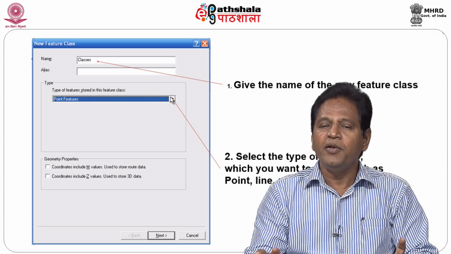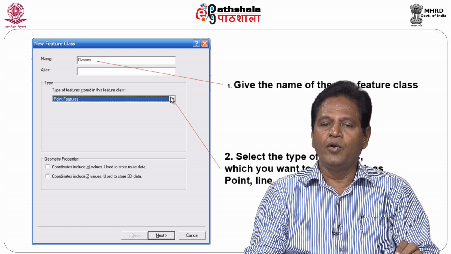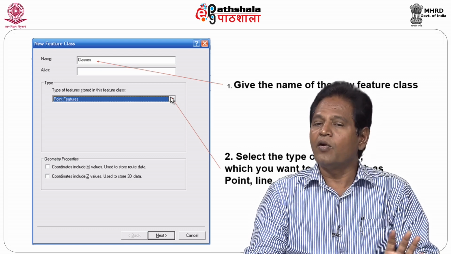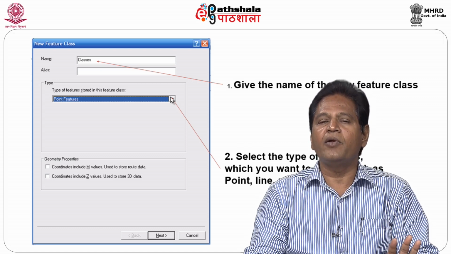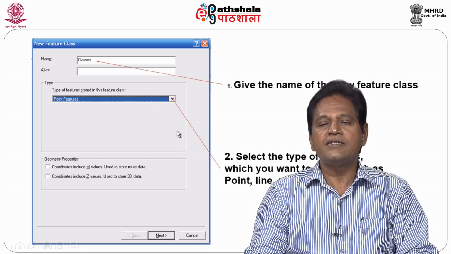One layer should be unique, either a point or a line or a polygon. Whereas in other software, especially MapInfo, you have the advantage of having all the three in the same layer, but not in the case of your ArcGIS. It could be either point or a line or a polygon. It cannot be all the three or any two of them in one single layer.